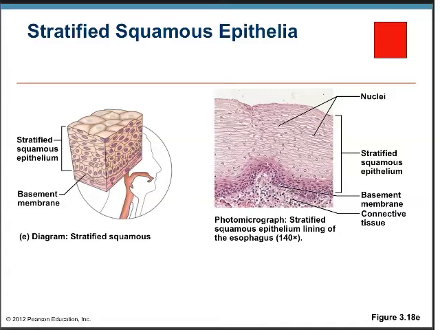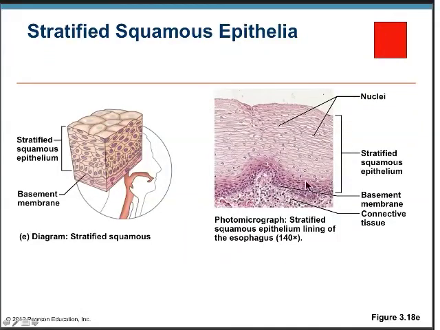And where do we find these types of tissue? We find them in the lining of the mouth, the skin, the esophagus, just as a few examples. The mouth and the skin you're familiar with. The esophagus is the tube that connects the oral cavity to the stomach. So this is how food gets from your mouth into your stomach, and from there it goes to the rest of the digestive system. And so you can see here this layer of tissue